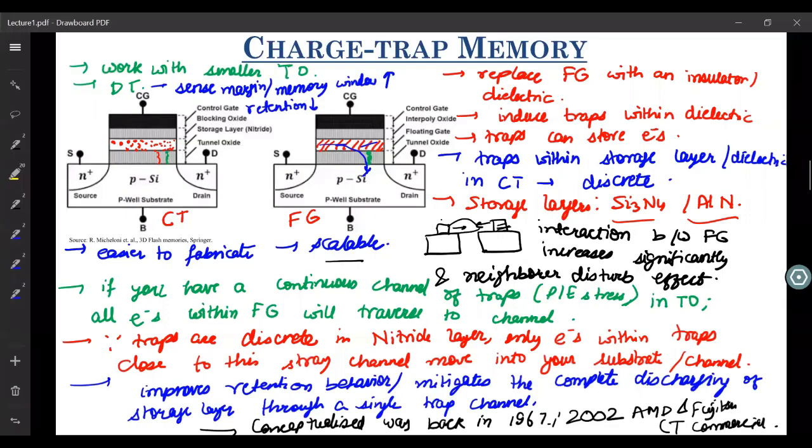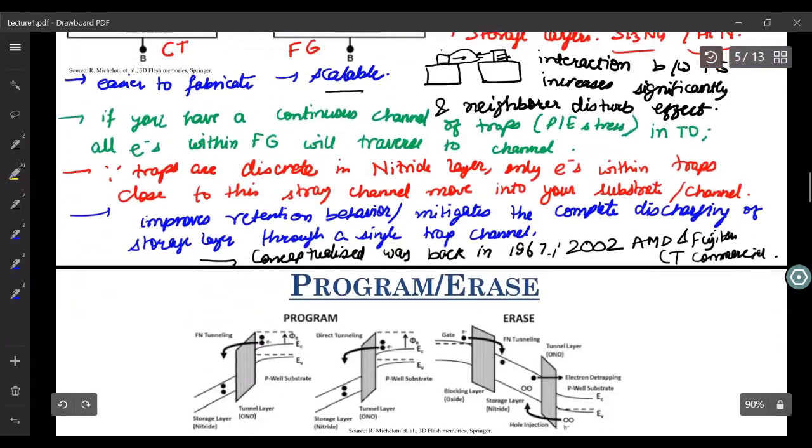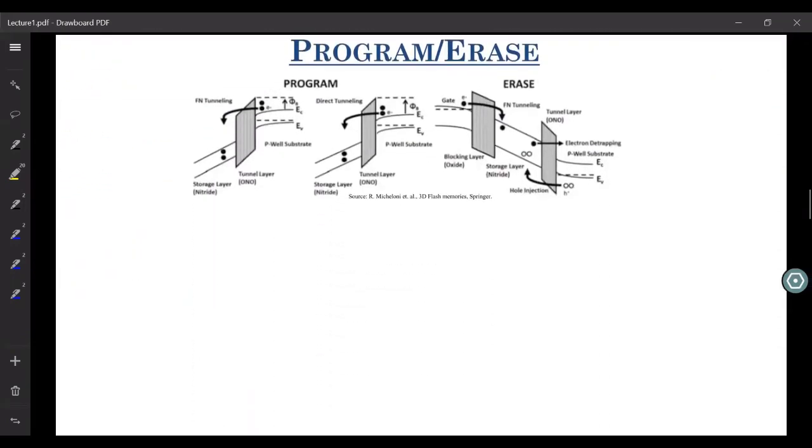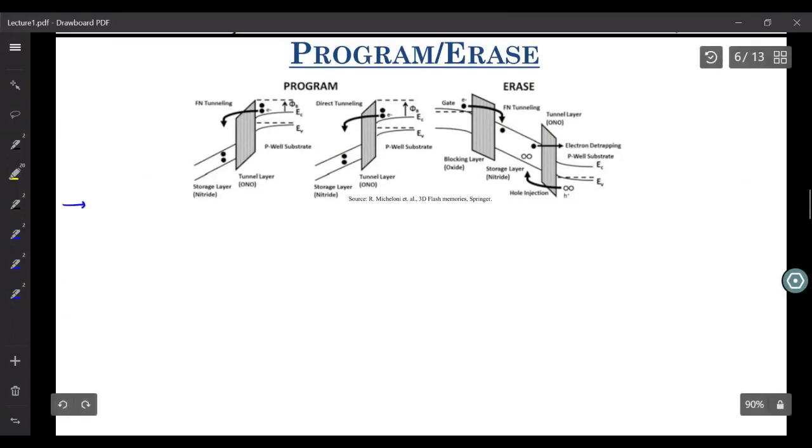With this discussion about the charge trap memory and its advantages, that a single point defect or a single channel defect in your tunneling oxide doesn't affect its operation much and increases its yield, let us move ahead and look at how you program and erase this charge trap memory. So let us just take the case of programming. Programming here also means injecting electrons from the channel or your bulk substrate into your storage layer through the